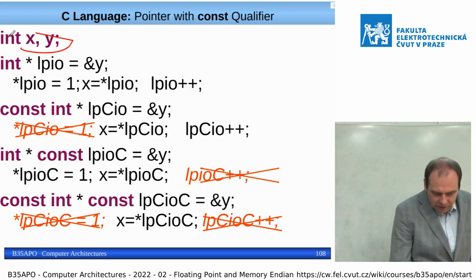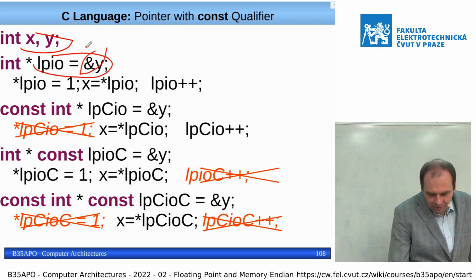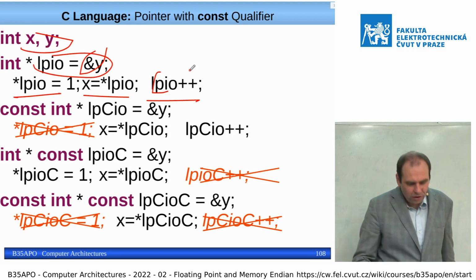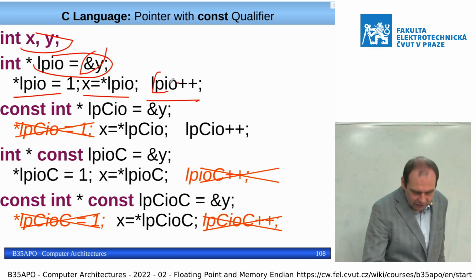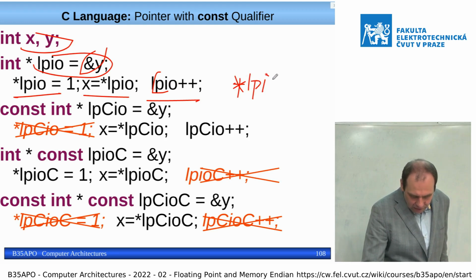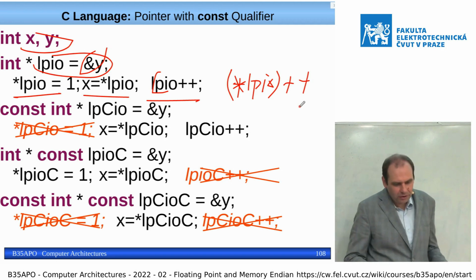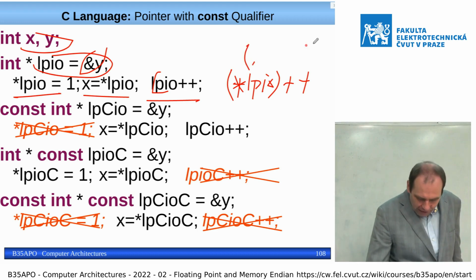And there is what is possible. So if we have two variables and a pointer to one of them, we can fill it with the address of the variable. We can set the value at that address. We can read the value. We can increment the pointer or the value at that address. So it is different if I write this or if I write plus plus, because I can decide if I want to increment the pointer or if I want to increment the